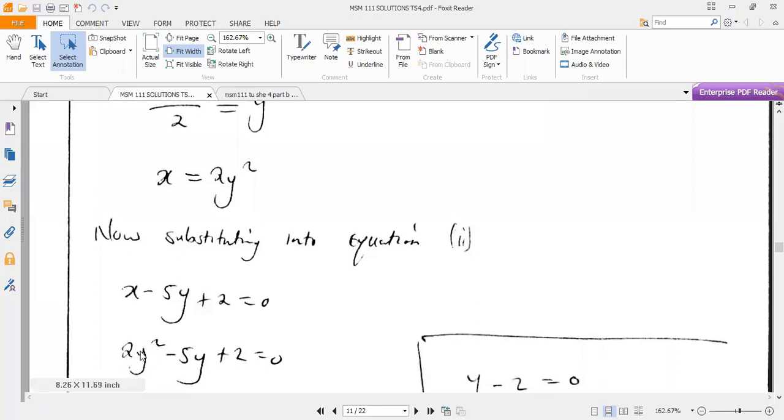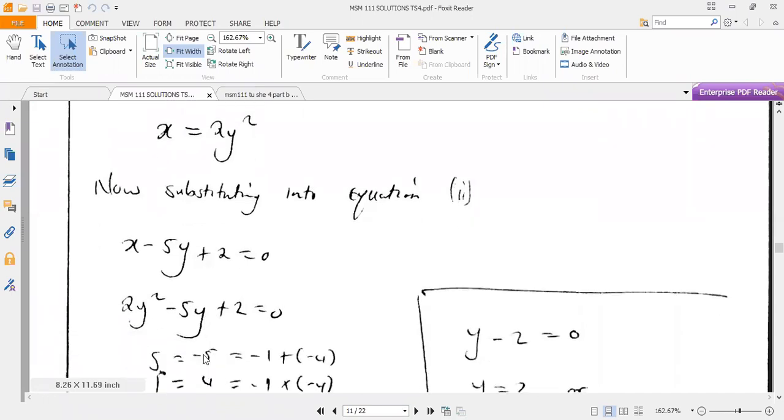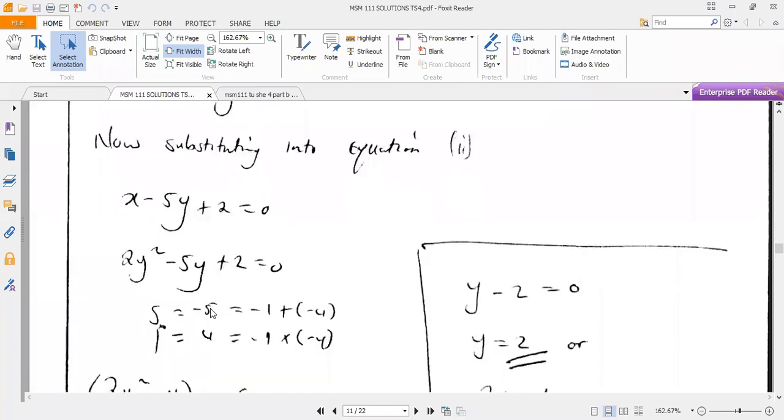When you're dealing with polynomials of degree 2, they are called quadratic equations. You can solve this using the completing the square method, the quadratic formula, or the factorization method like the way I've used here. So you have the sum equal to -5 and the product is 2 times 2, which is 4. Now, what are the two factors that will give us